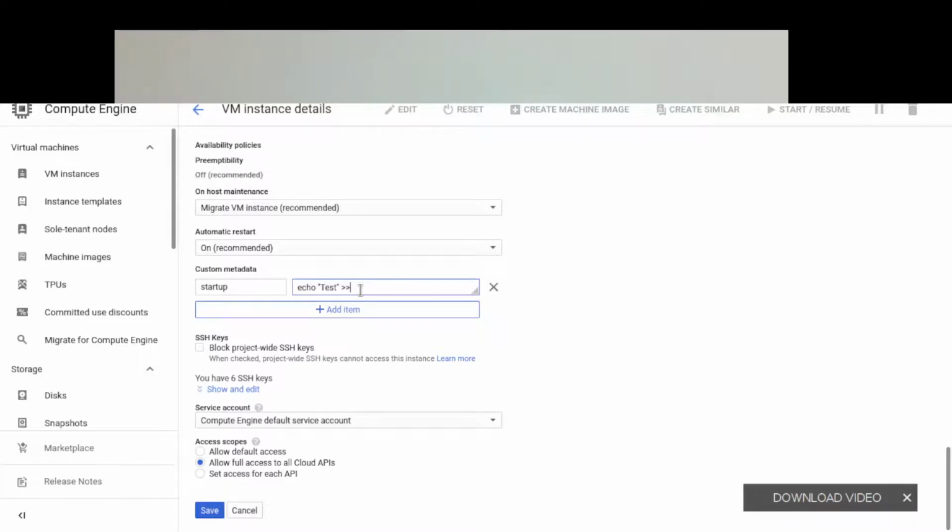These are just normal Linux bash script commands that you can learn in your terminal. So I can do echo test into a certain file, maybe in /etc/hosts.allow. So what will happen when your Linux box is starting? It is going to run the command that you have inserted there.